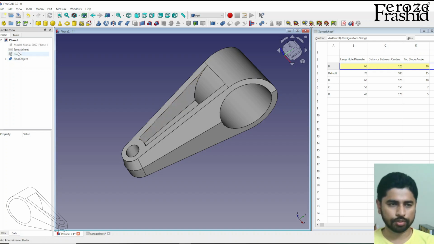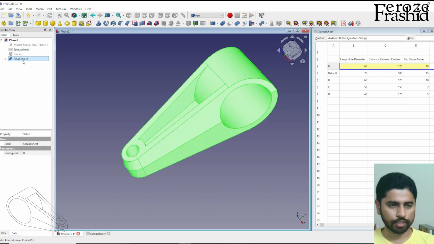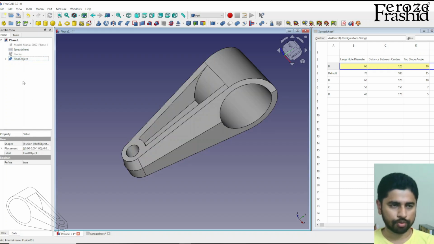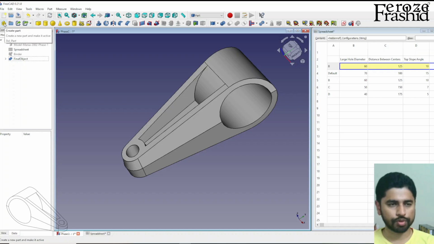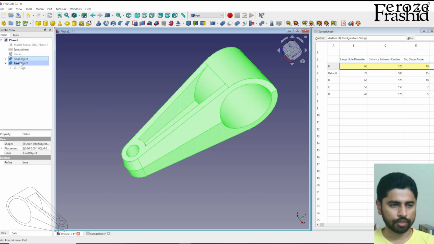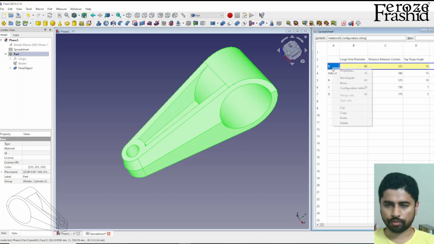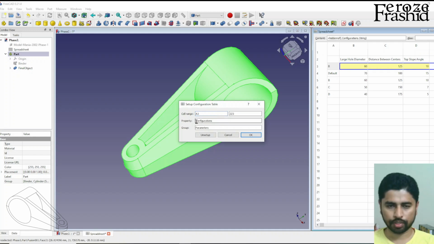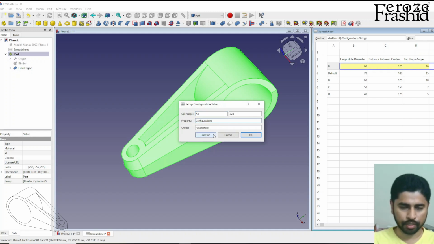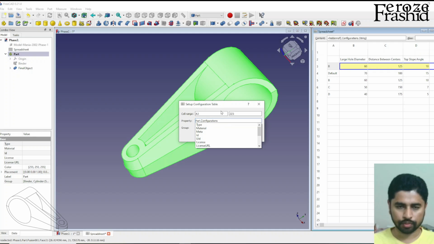Now that I have to go to the spreadsheet and change the configuration from the spreadsheet, I can do that in this object mode. To do that, I'll have to create a part, okay, and bring in the final object within the part. And in the configuration table, I want to say part dot configurations. Okay,